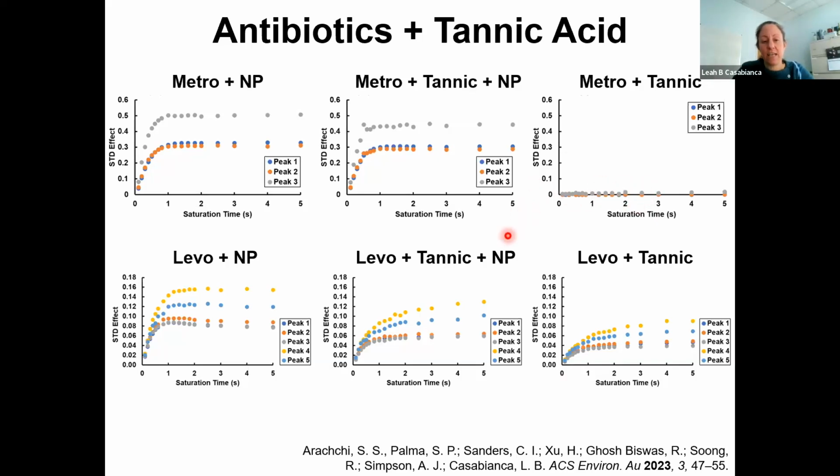On the other hand, if we add tannic acid to a sample of levofloxacin and polystyrene nanoparticles, we see a decrease in the STD effect and also a decrease in the initial slope of the STD buildup curve. However, when we look at levofloxacin and tannic acid in the absence of polystyrene nanoparticles, we still see an STD